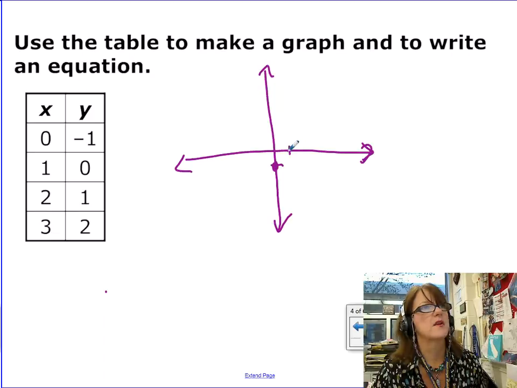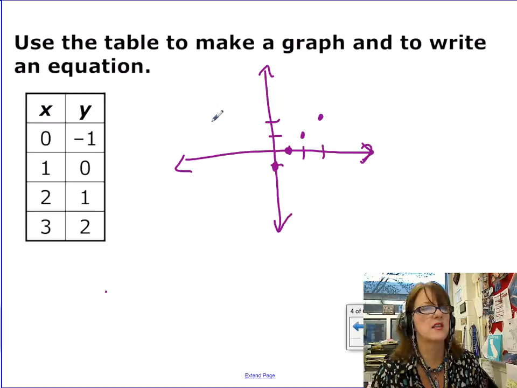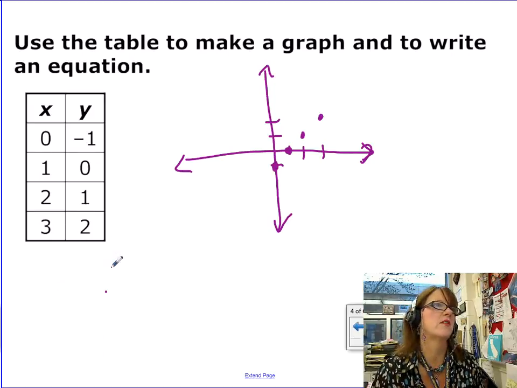At +1, I'm at 0. At +2, my Y value is a 1. And at +3, I am at 2. Now, I'm not going to connect these right now because I'm only giving you 4 particular data points. But as you look at this,